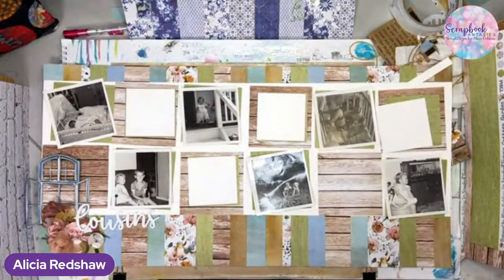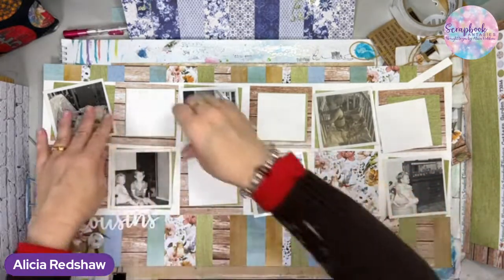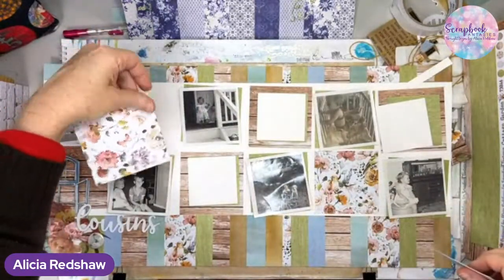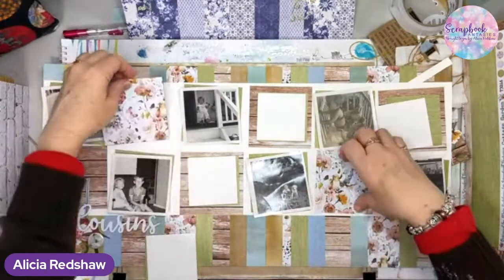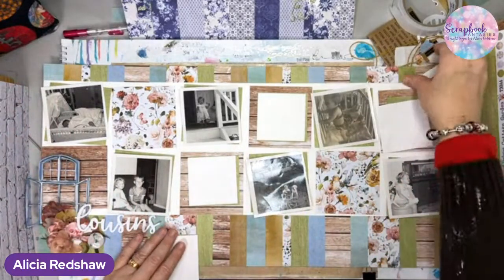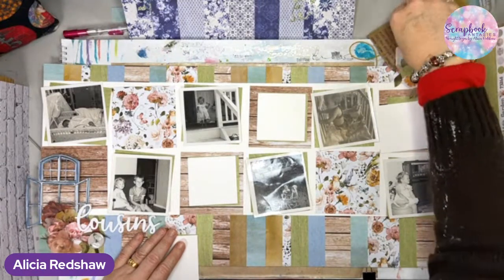And then, where was the vellum? There's some pretty vellums. One for flowers. No, let's keep it simple. Keep it simple. What about that? Just that. And then maybe put a couple of flowers here. And then maybe...